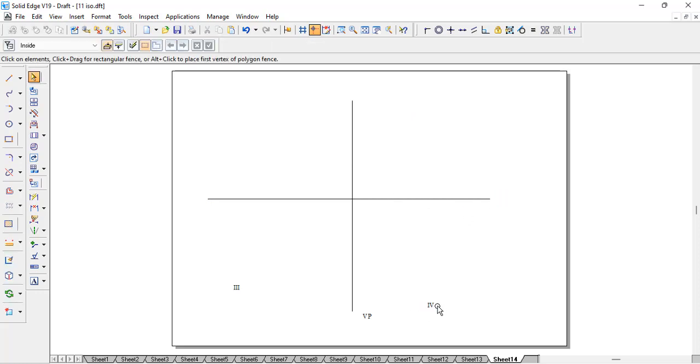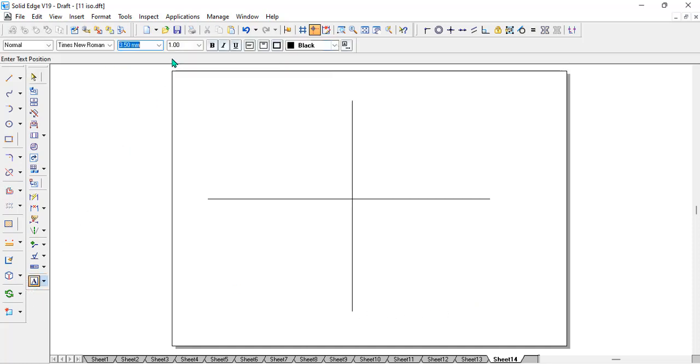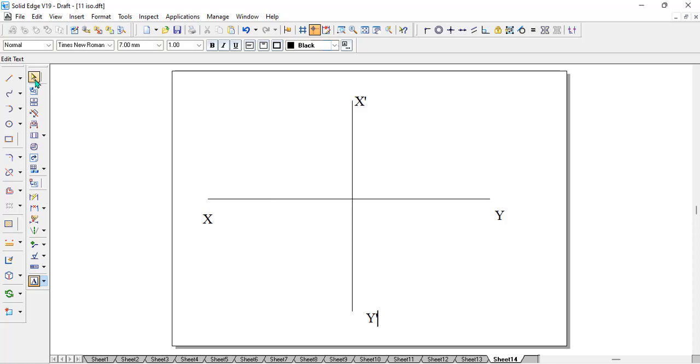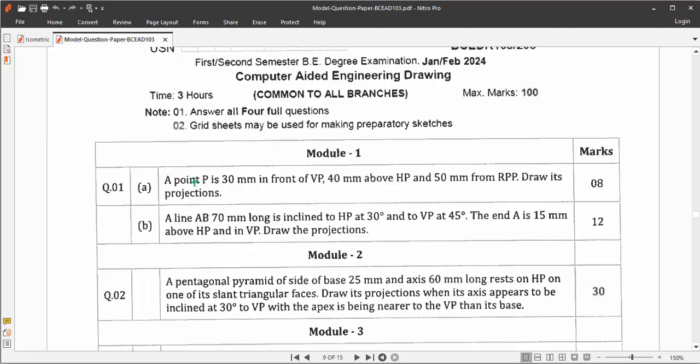So we'll take this as X and this as Y, and this as X dash and this as Y dash. Okay. So now with respect to which quadrant it is, we can see here the point P is 30 mm in front of VP and 40 mm above HP. That means that it is located in the first quadrant and the front view will come above the XY line